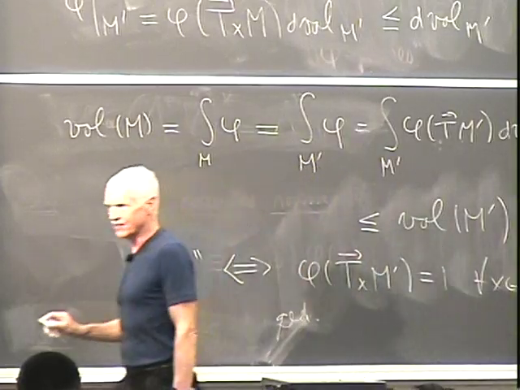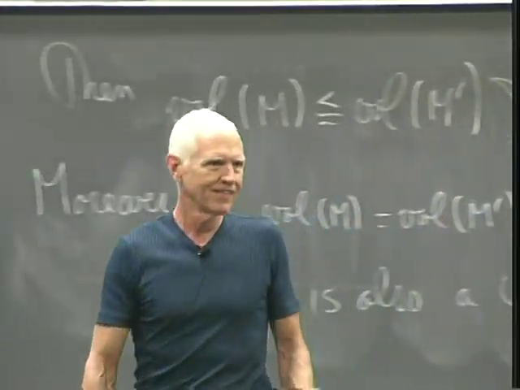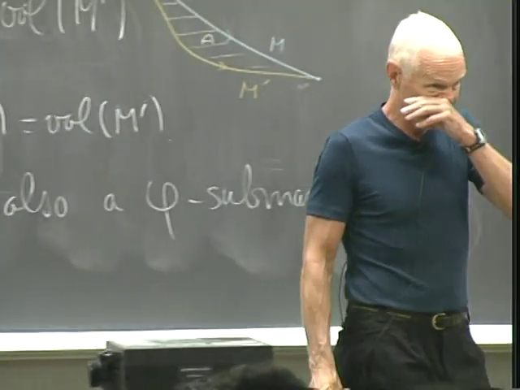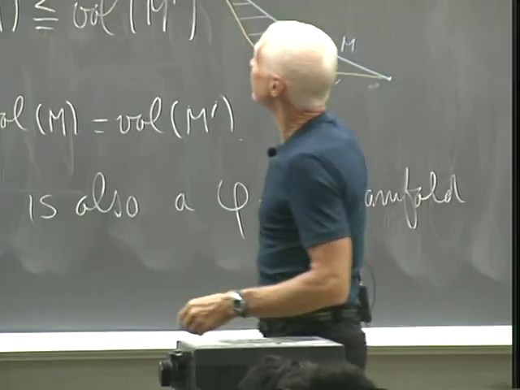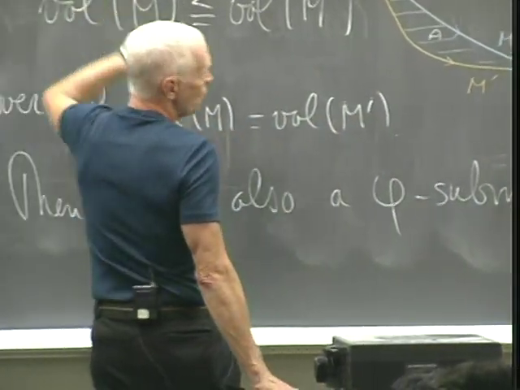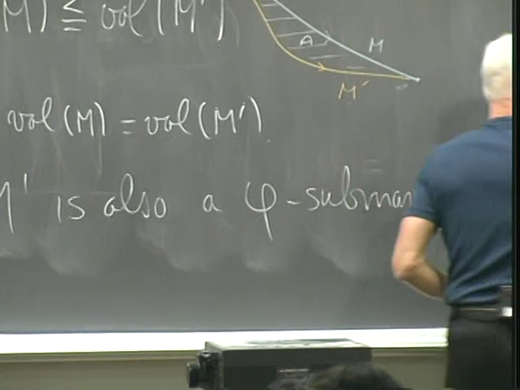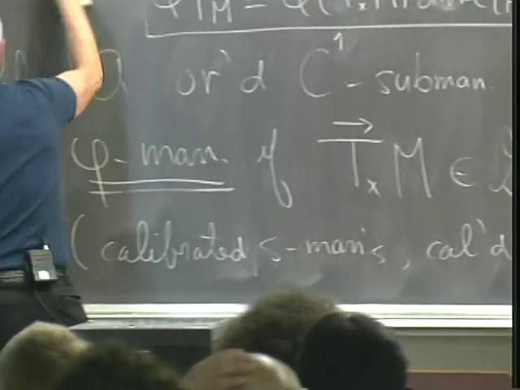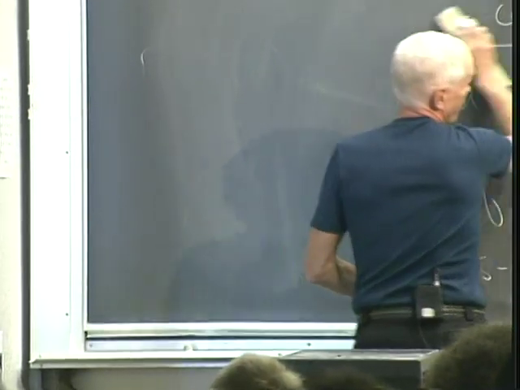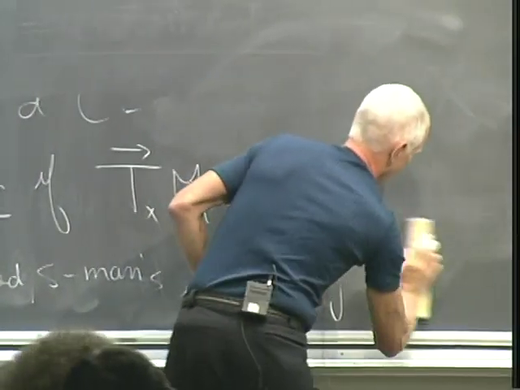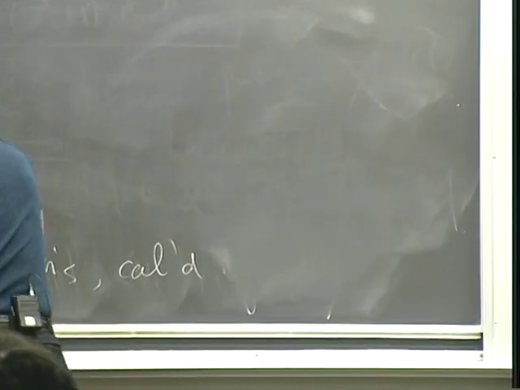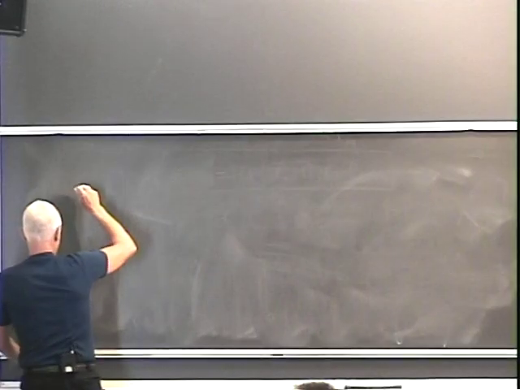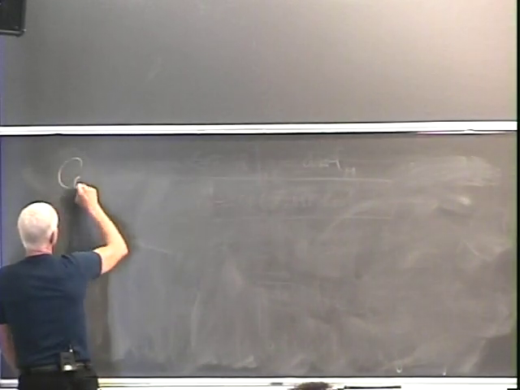The proof is shorter than the theorem. But it's incredibly important. It has a lot of consequences, this theorem. One of the first consequences is that any phi submanifold which is class C1 is actually much smoother. Well, maybe I should say the first consequence is, well, no, I guess I should put it this way. The consequence is,